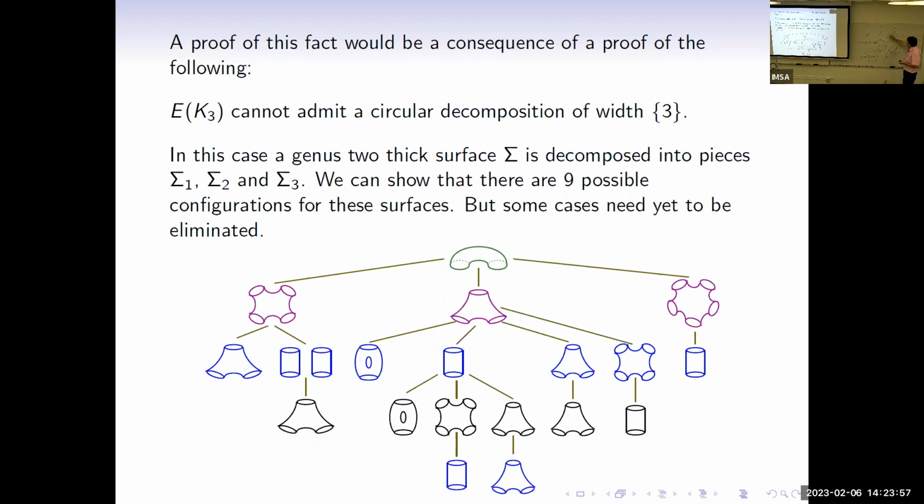The case here with 3 pieces is the same proof as the proof there with 3 pieces. So if we solve this case, we also solve this case. And we will have the examples of knots with